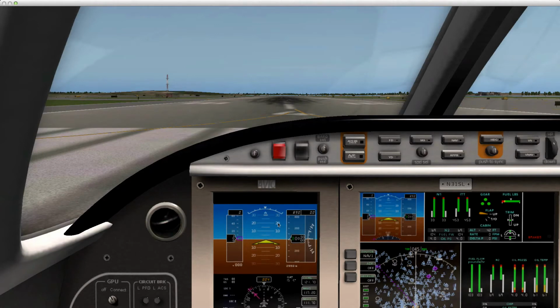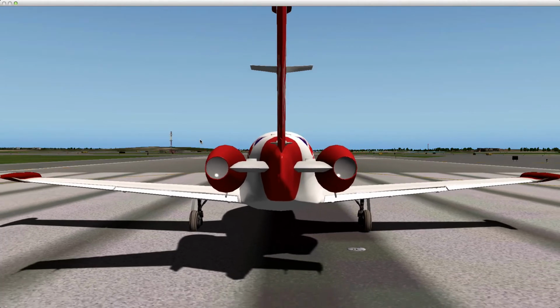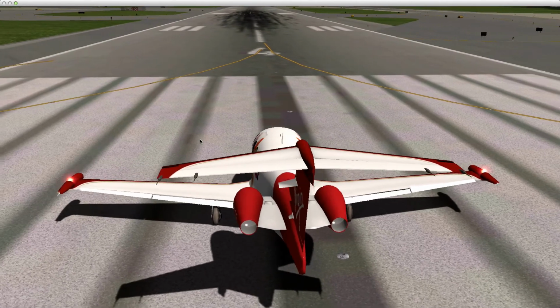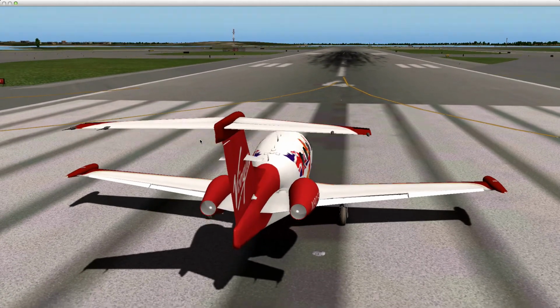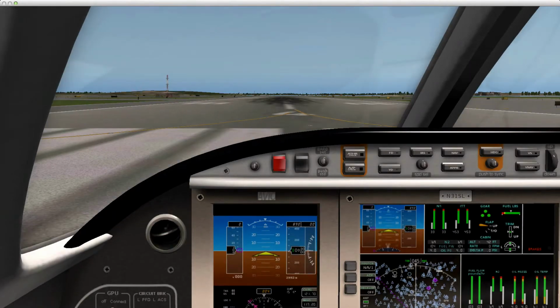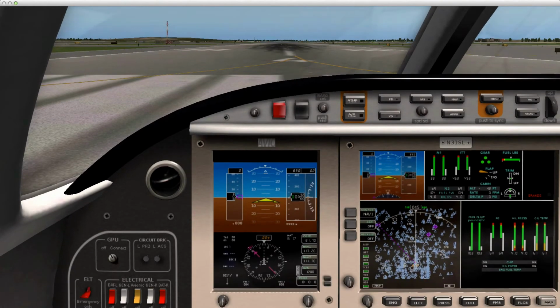But this is pretty close to sea level. You see, we are not on any mountains. As you can see, there's just water right over there. Okay, let's go back in. Okay, so now